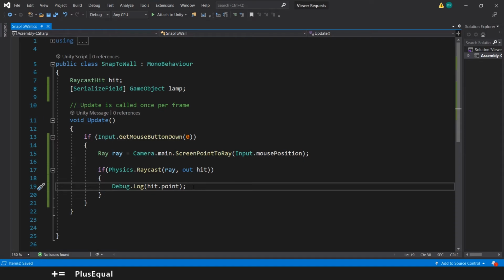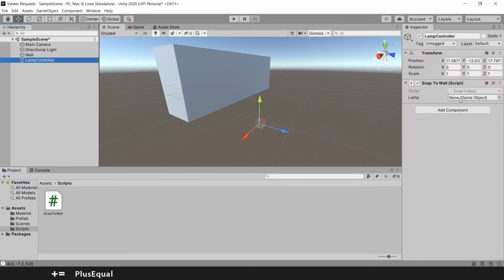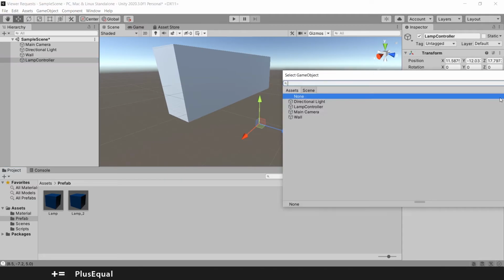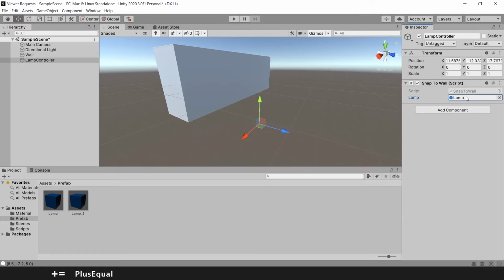So let's save this and see if this is working. Make sure your script is attached to the lamp controller. You can see that here we have the serialized field, our game object lamp, and we can already assign this. You can pick it up here or you can go to the prefabs. It's the same thing. Let's go to lamp controller, and I will pick here, and I want to pick lamp. Okay, that's it. You can also grab it and put it here if you want. So let's press play,